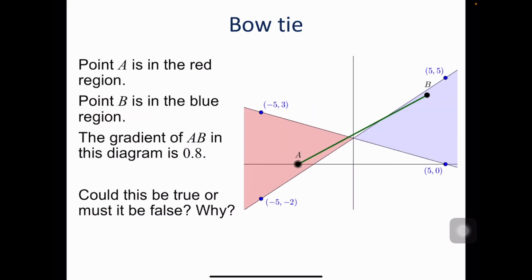The last problem solving question. Point A is in the red region. Point B is in the blue region. The gradient of AB in this diagram is 0.8. Could this be true or must it be false? Why? So my clue for this question is,